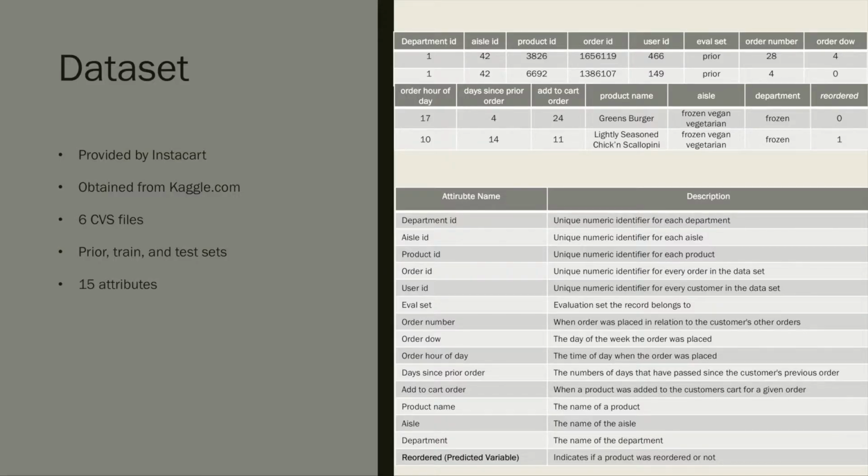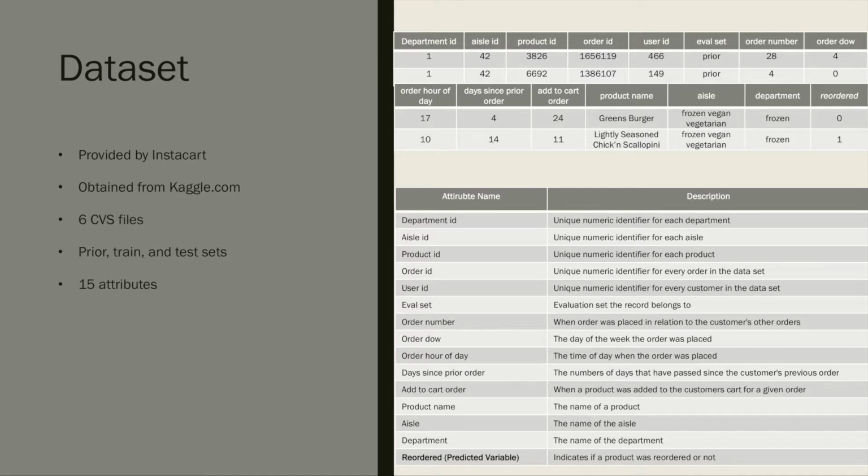So starting off with the dataset used was provided by Instacart on Kaggle. It contained 6 CSV files that when combined contained 15 attributes. The attribute names and their descriptions are shown in the bottom table on the right. Some of the variables described the product ordered, the aisle in which the product was found. There were also attributes that described when the order was placed and so on. And then the top table there shows 2 example rows of data, just to give you an idea of what